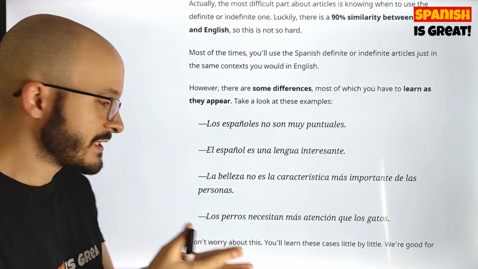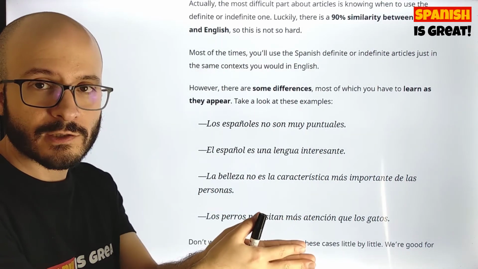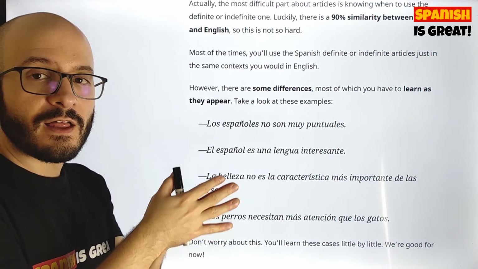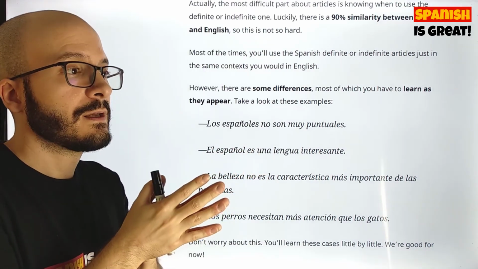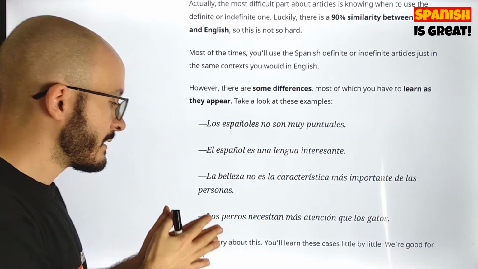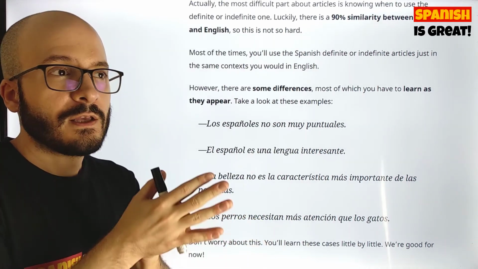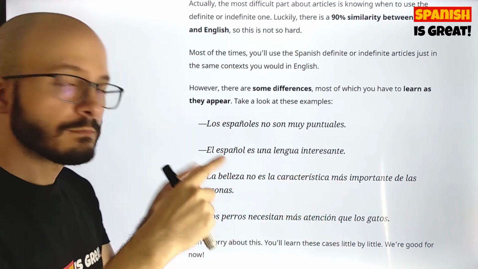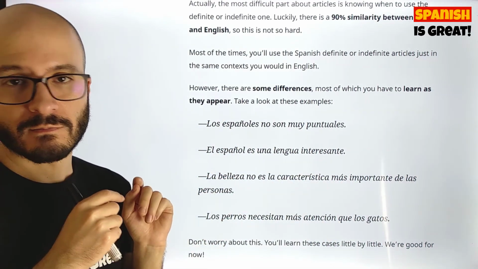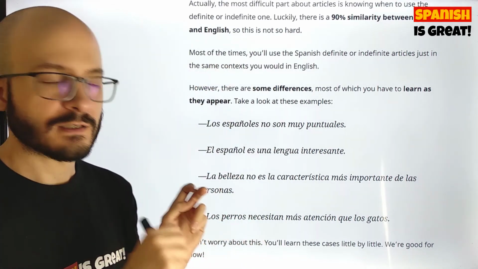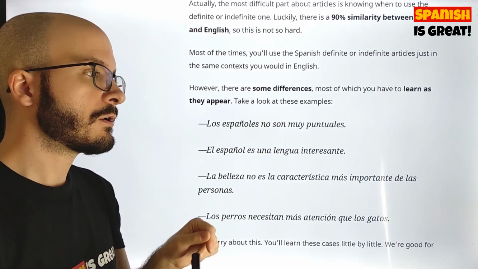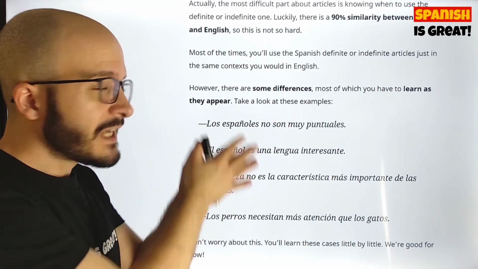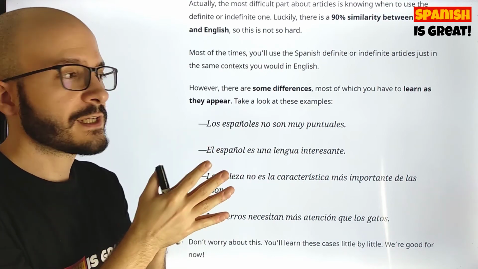So there is a difference when you say the dogs need more attention and when you say dogs need more attention. When you say dogs need more attention, you mean dogs, generalizing. When you say the dogs need more attention, you are referring to some specific dogs, no? But in Spanish, we don't have that distinction. In Spanish, this means both things, like dogs in general or these specific dogs. Okay? Okay, so these are just some examples just to illustrate that